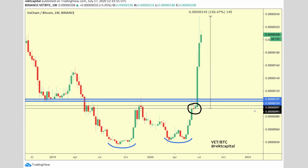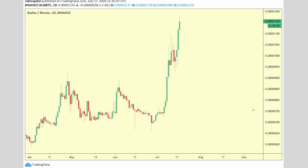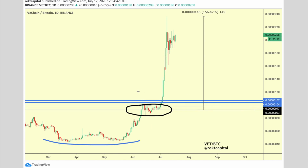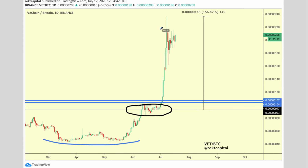So we have to just juxtapose these two charts. This is Vechain and this is Stellar. If you just compare these two, you can notice that periods of accumulation at highs have translated into trend continuation. So if Stellar has a very similar portion of price action to Vechain at this point in time, it's very sensible to assume, or at least watch for, Vechain to develop a period of consolidation,